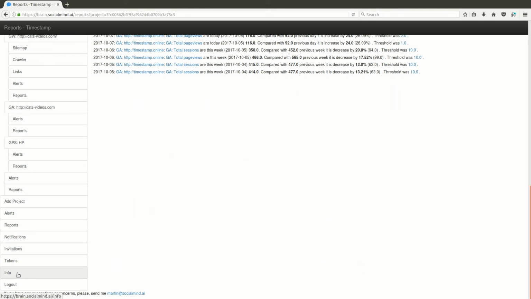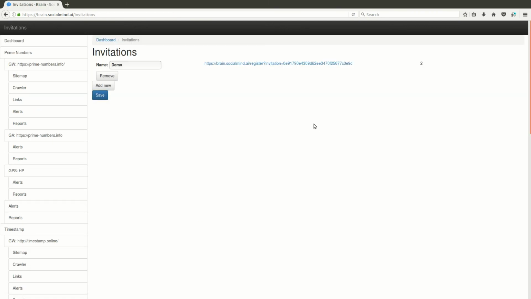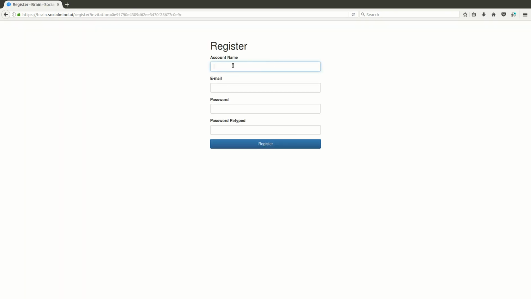If you have some friends, you can invite them, because currently it's free, but I'm planning to add more advanced features, like notifications when there is a spike in real-time activity, or more advanced reporting and analyzing of the data. So definitely there will be some paid features, so you can invite your friends and get some credit for it. So let's invite somebody, and let's create